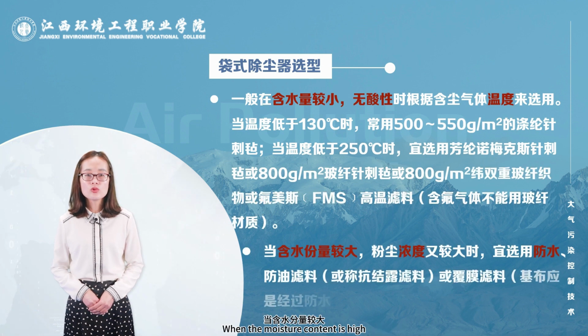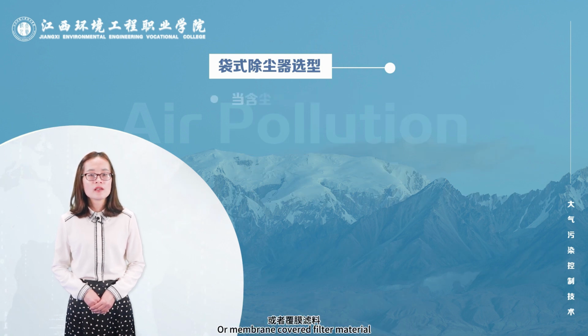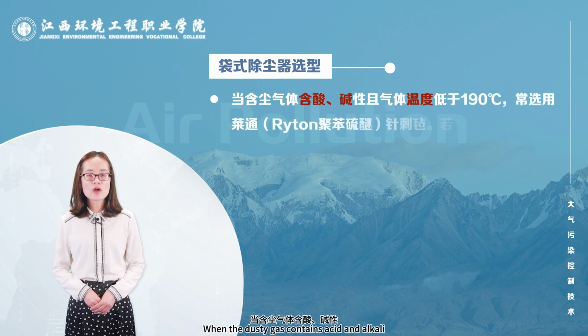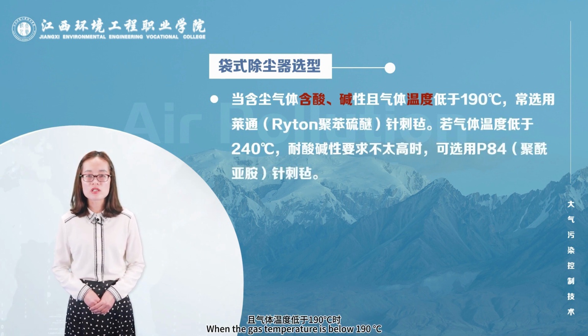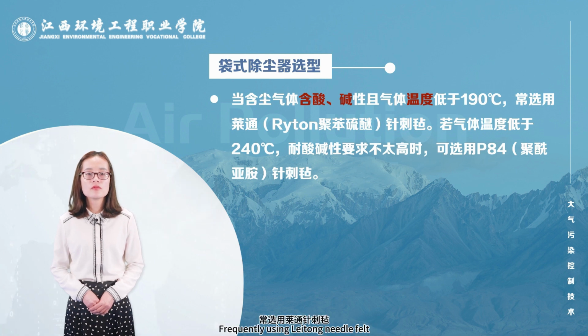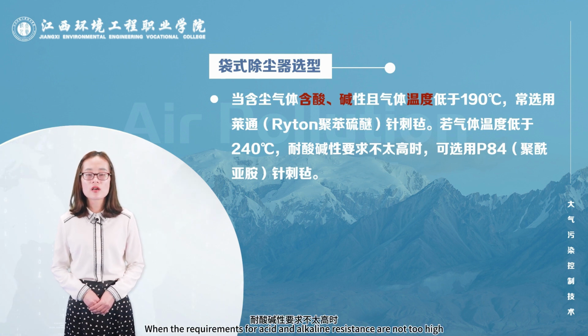When the moisture content is high, or when the dust concentration is high, waterproof and oil-resistant filter materials should be selected, or membrane-covered filter material. When the dusty gas contains acid and alkali, and the gas temperature is below 190°C, Lytong needle felt is frequently used. If the gas temperature is below 240°C, when the requirements for acid and alkali resistance are not too high,